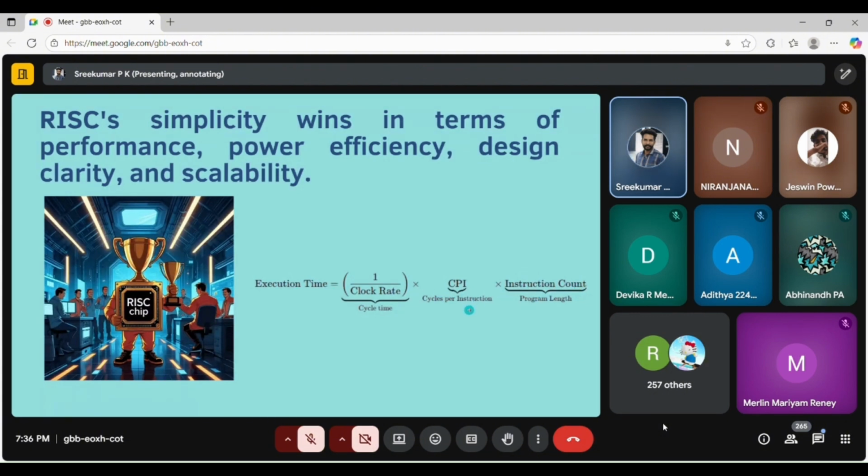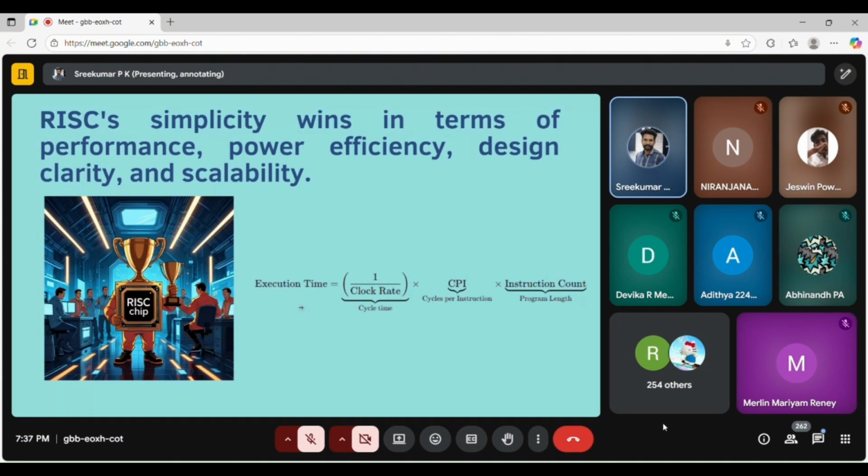But if CPI is getting reduced, or if the clock rate is increased, you will get lesser execution time. And if you have fewer cycles per instruction, you will get lesser execution time. Also, if you have a lesser instruction count, you will get lesser execution time.